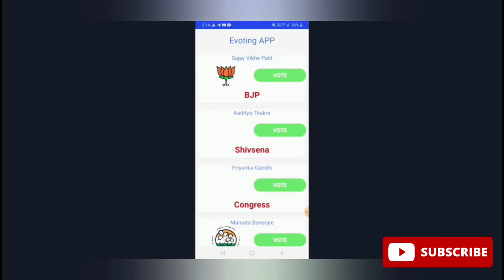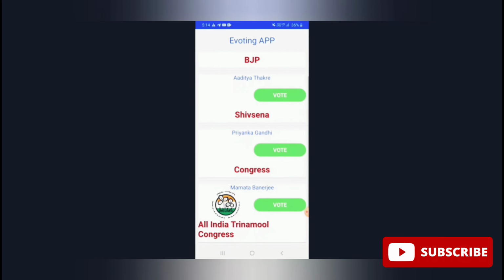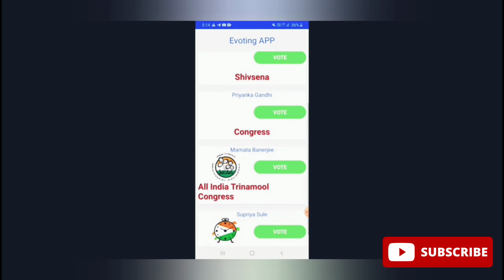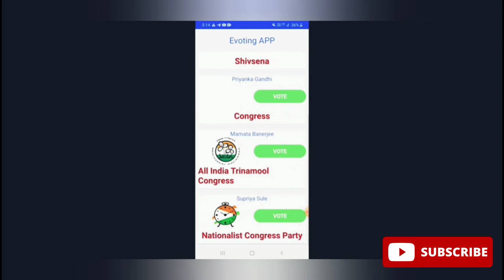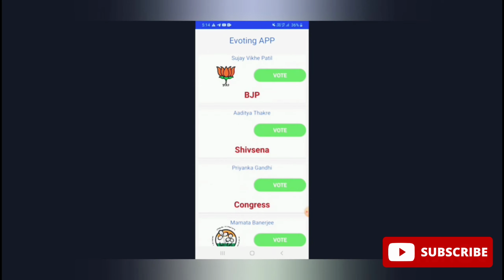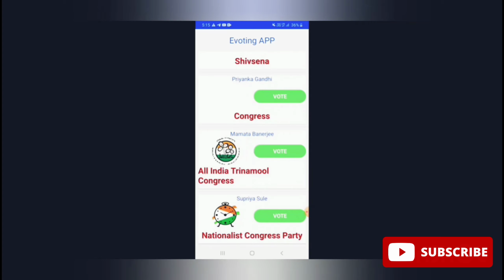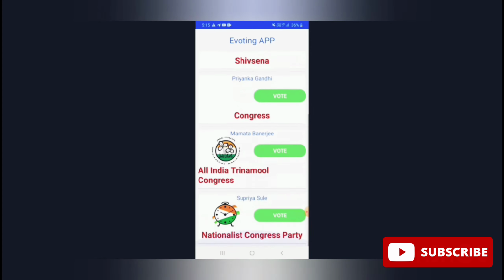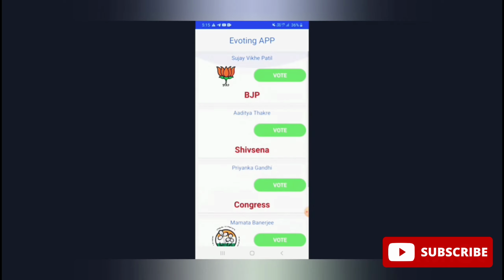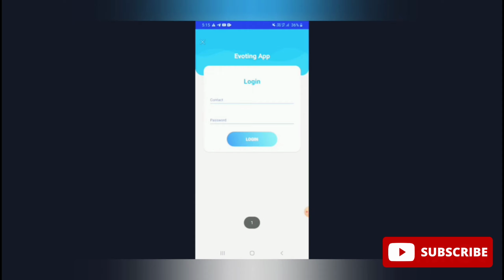We will see the admin section also, how we add parties and all. Now we see the various parties which are present here. Now the voter will give a vote to one of the parties. There are so many parties available here. So whom to vote? I'm so confused about whom we should vote for. Shiv Sena, BJP, Congress, there are so many parties which we have added in our app. Now we have to vote for any one party. So we will give our vote to BJP. So the BJP vote is done.